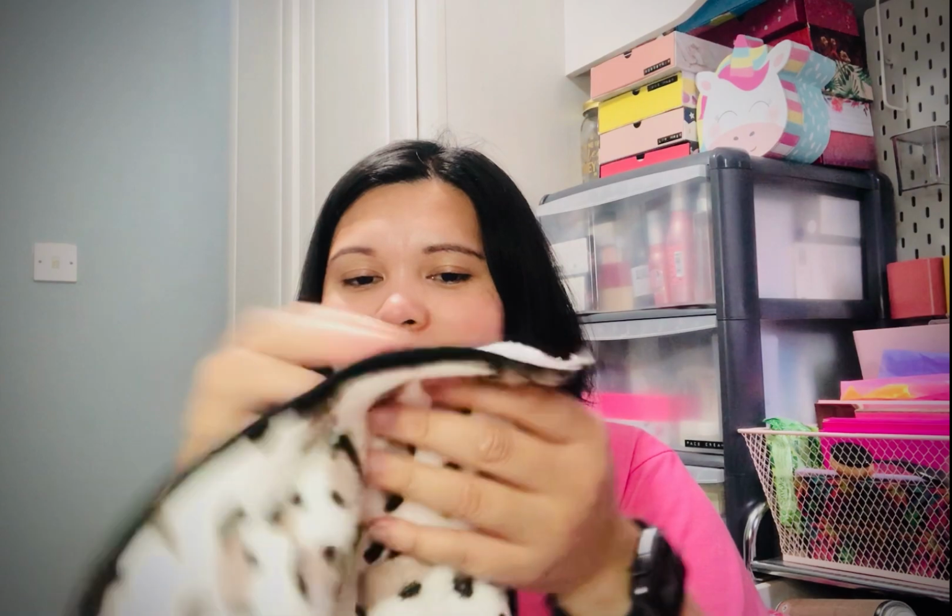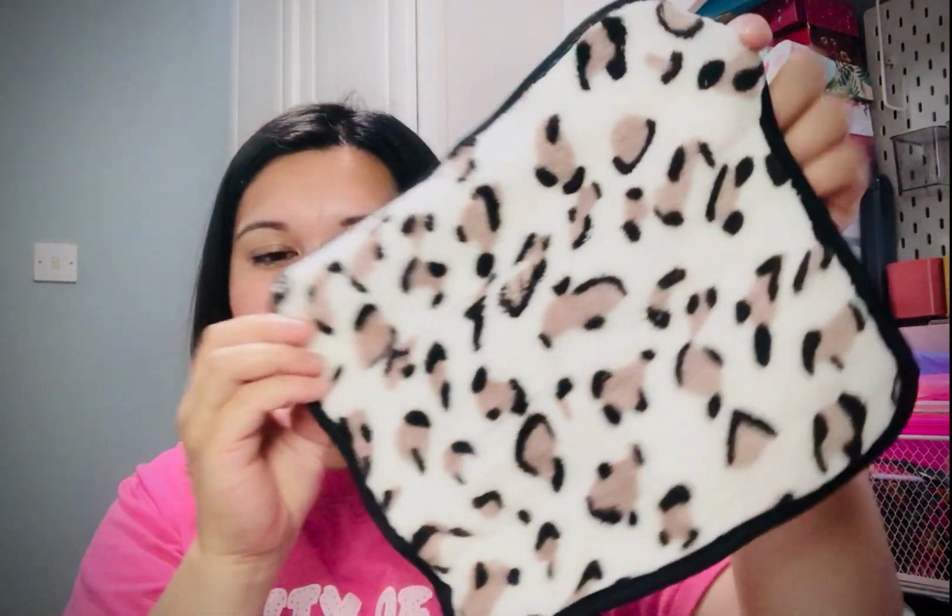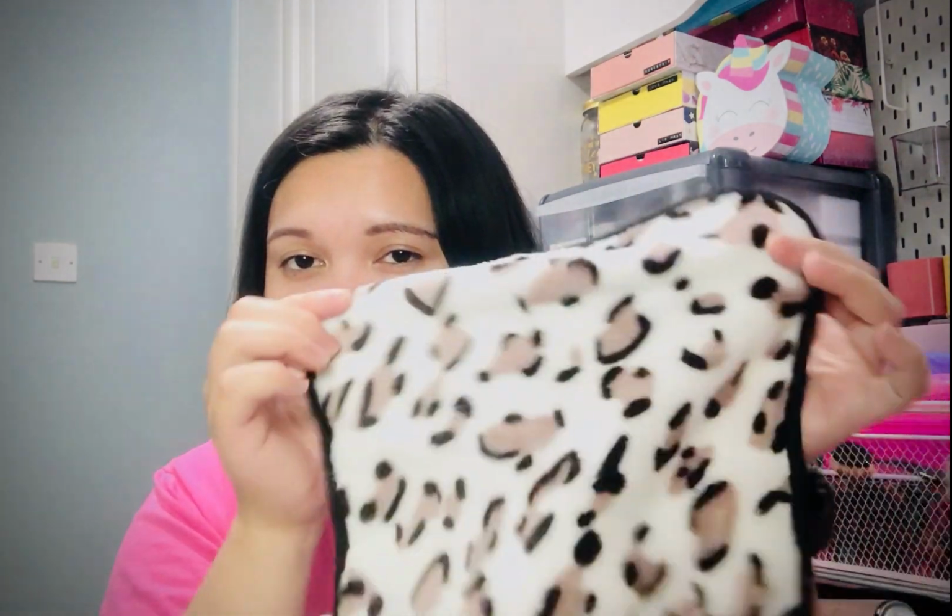When I do my nighttime routine, I usually use a makeup remover balm, just pop it all over my face and take it off with a makeup cloth. And after I do it, lovelies, I feel like all my makeup, even the waterproof, is removed and I feel fresh. So yes, inside we have this leopard design. It's really good. So this one is for taking off your makeup, and then this side, it says here, use this side to exfoliate. So you have one side to exfoliate and one side to remove your makeup, which is not bad. And this one is a full size,